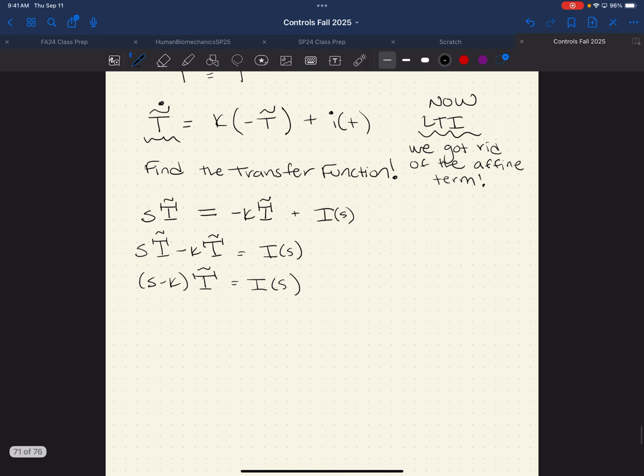Output is the temperature, so I want output big T tilde on top. So I needed to divide by I and then also divide by S minus K. So my transfer function here is